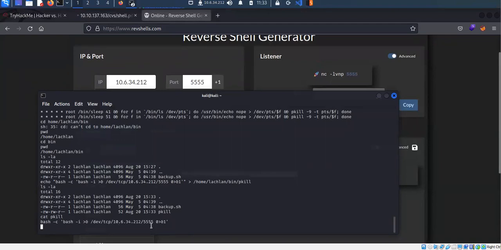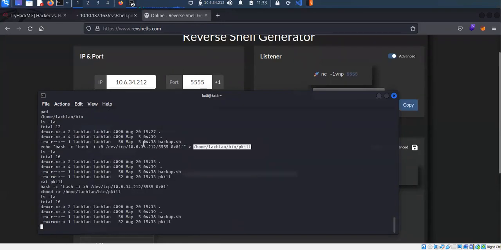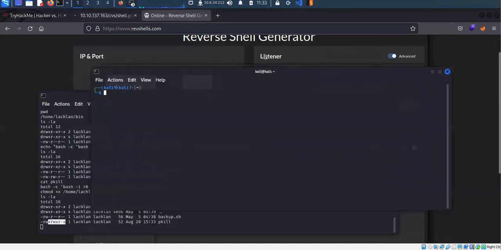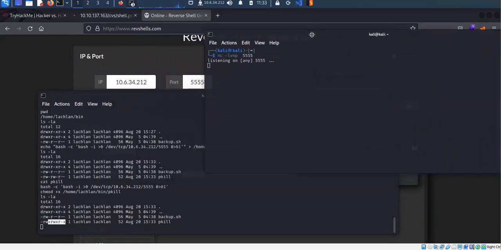So what we need to do now is change the execution permission. So plus x, and I will just add it for everyone. Okay, so let's look at the permissions one more time. So now we have access compared to what we had before. Okay, perfect. Then we need to have this netcat listener on port 5555. Now